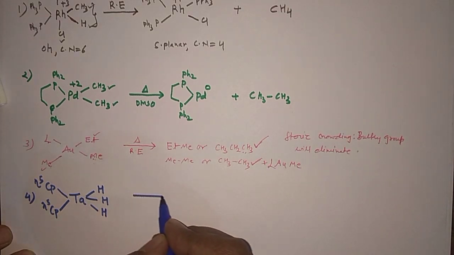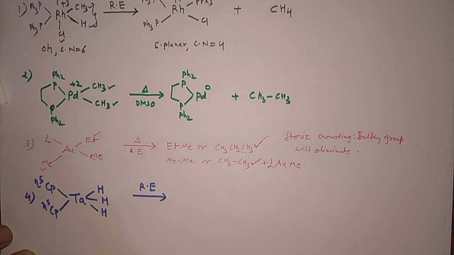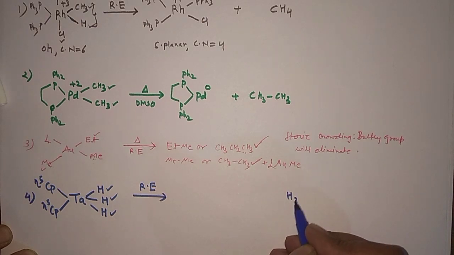Okay, and then you can do the reductive elimination for this one. What is the coordination number? 1, 2, 3, 4, 5. Okay, so these two are having the cis relationship. These two are also having the cis relationship. You can actually draw the trigonal bipyramidal structure for this one to understand the geometry. But I'm telling you, these are having the cis relationship. So you can remove the hydrogen from here. It is unreactive, right? So it is a very good product to eliminate from here.